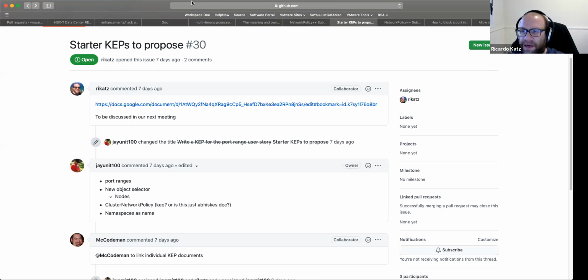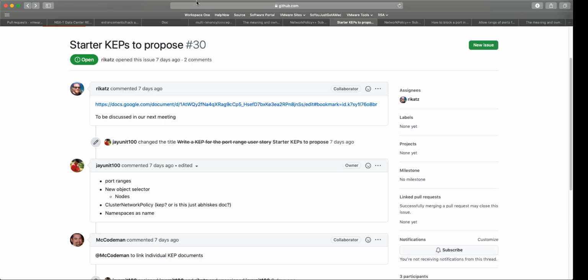I don't know if anybody has something against them. I think that's a better question. Yeah, I'm +1 for these four. The only thing is that the cluster network policy would need a lot more thought process to go into it. But even the nodes, I think, but in general, I am also +1 for these. I'm not against any one of them individually.